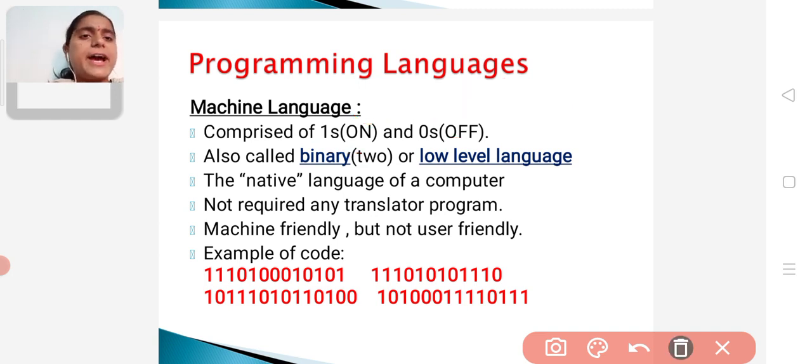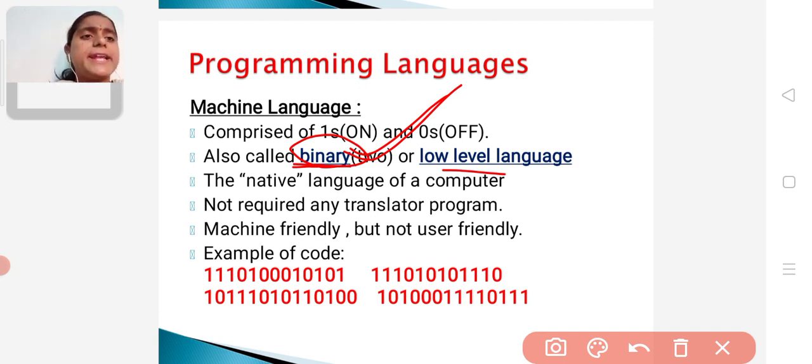And we can also call this machine language as binary level language or low level language. Okay, why we call this as binary level language? Because it contains only two values, that is ones or zeros. That's why it is called as a binary language.